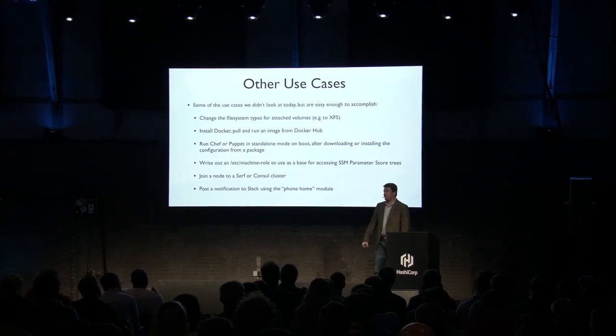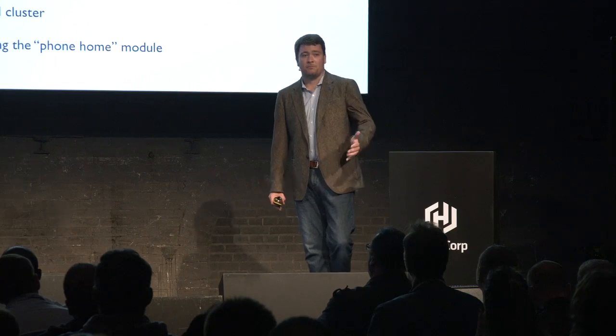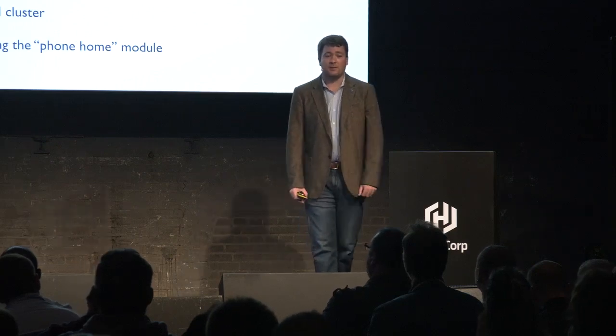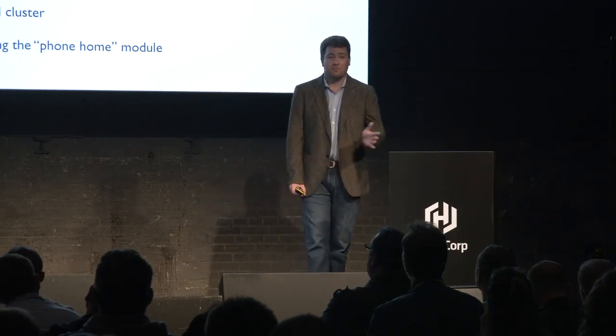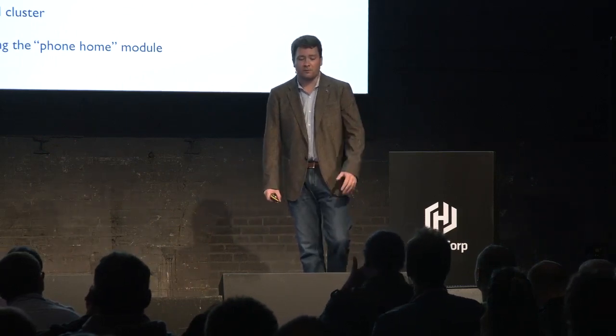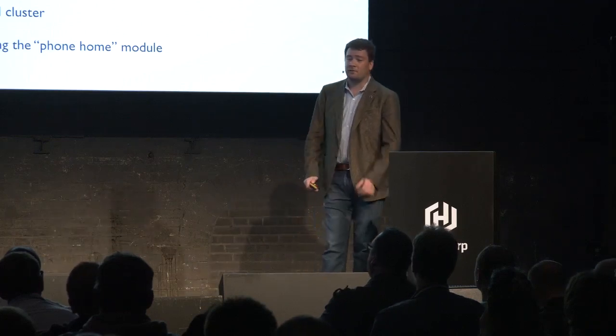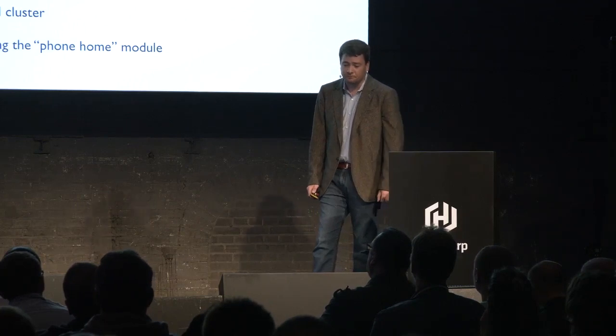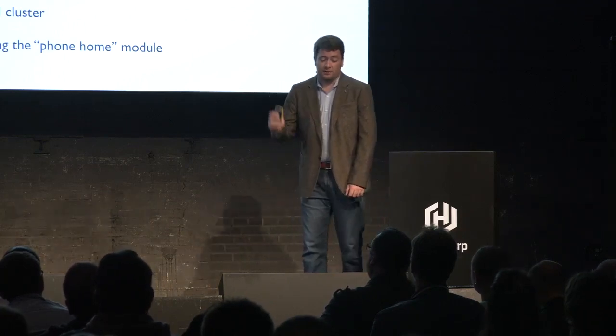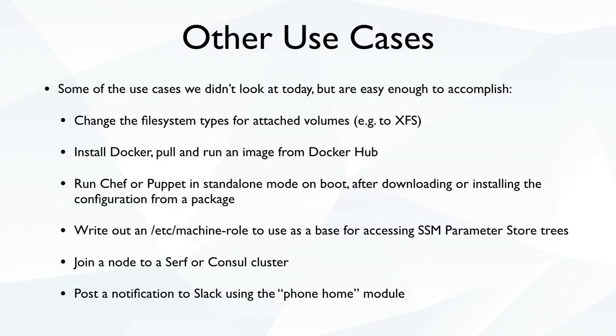So actually, CloudInit is responsible for working out what disks are attached from the cloud metadata, and then creating a file system of an appropriate size on each volume, and then mounting them however you configure. So you can configure a bunch of that stuff. You can even configure down to the partition layout for sectors in each drive, which is useful. We actually looked at installing Docker. One of the things that you can do is pull down Chef configuration and just run it in solo mode when you boot a machine, which is quite a nice way of writing the config in an alternative way